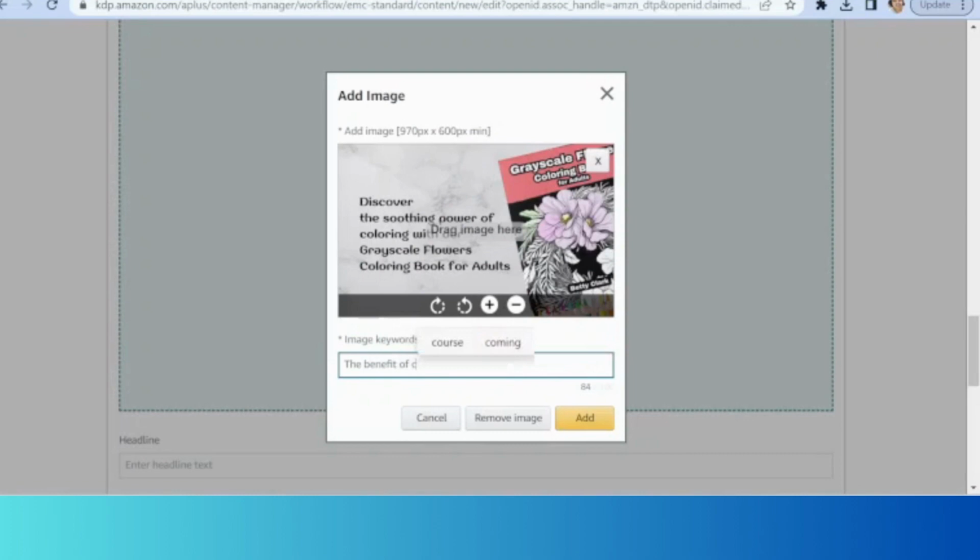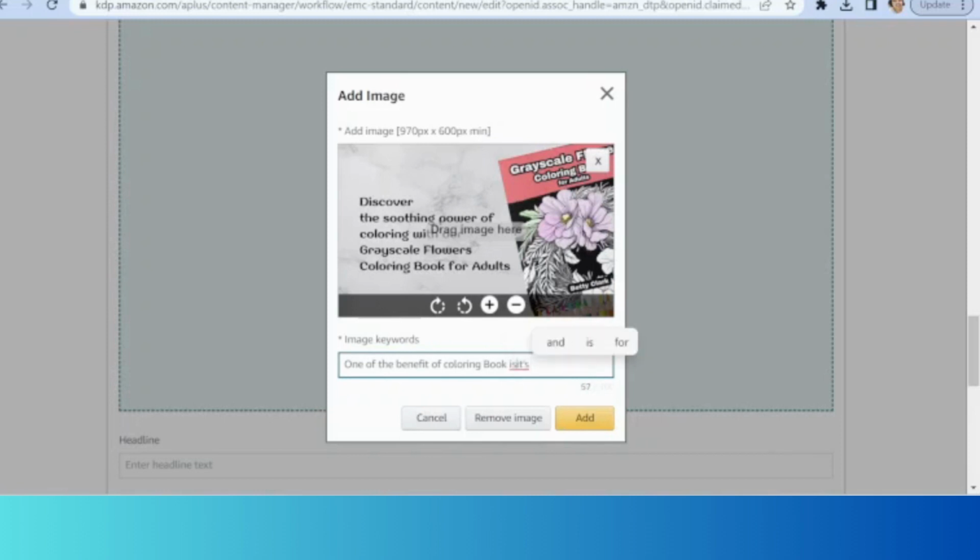At this time, if you don't know the size, you just need to take that size dimension, go to Canva and create the A+ content image accordingly. You need to download from Canva to your computer, then extract all the images and upload them to this Amazon A+ content page,